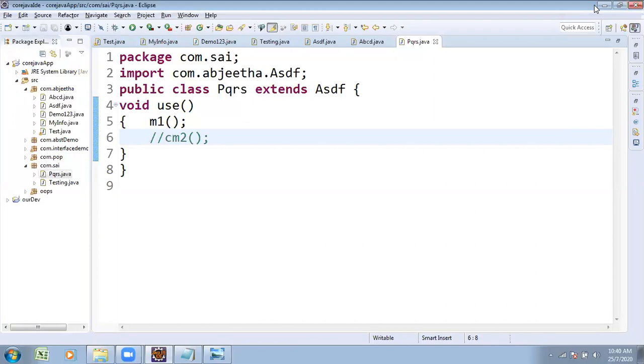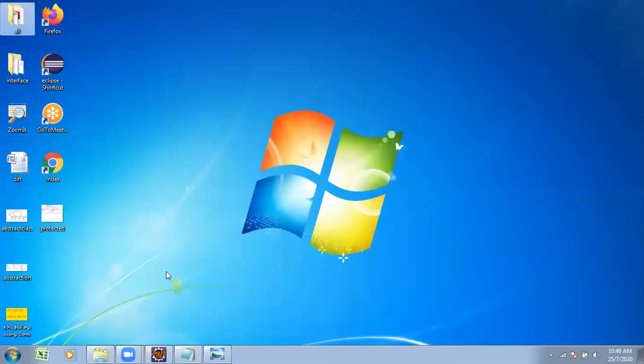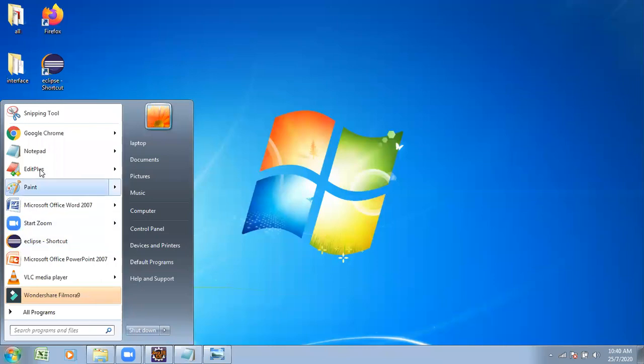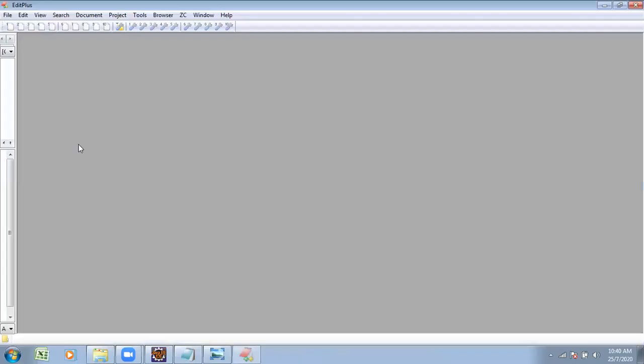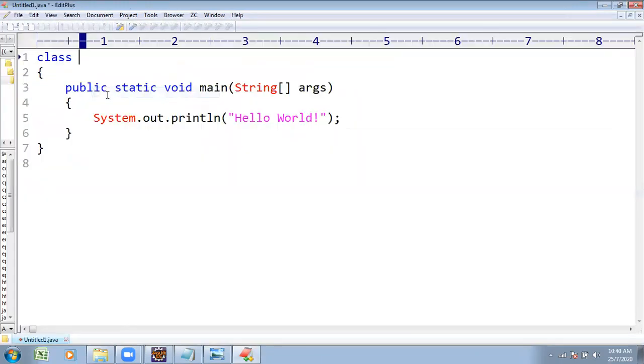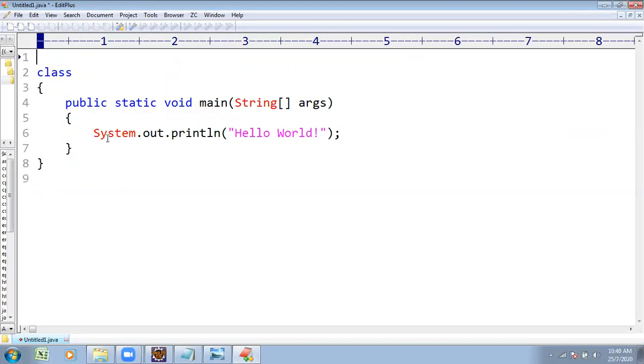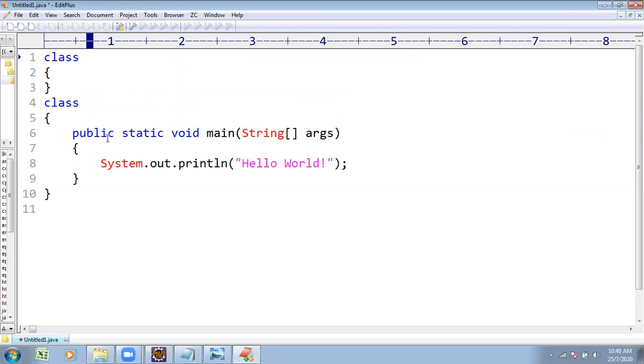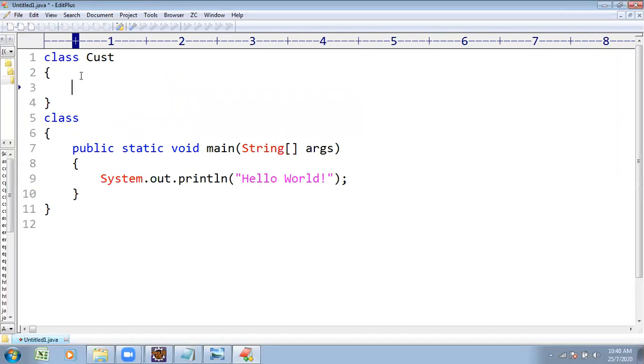Try to observe. You have knowledge about inheritance: getting the superclass properties to the subclass is called inheritance. We did one example related to banking. Try to observe one thing. I am writing one class, the customer class. What are the common properties of a customer?